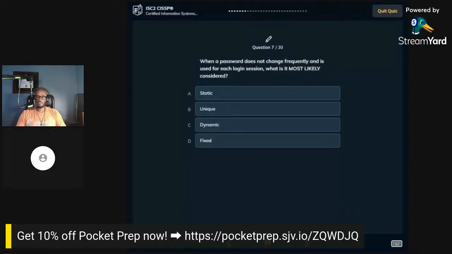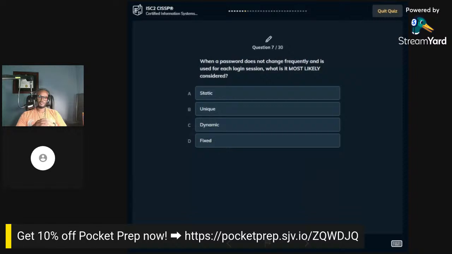All right, when a password does not change frequently and is used for each login session, what is most likely considered? Hmm. This should be static. Yeah, I was thinking static. When a password does not change frequently and is used for each login session, I'm torn between Alpha and Delta, and say fixed, but I don't know if fixed is a